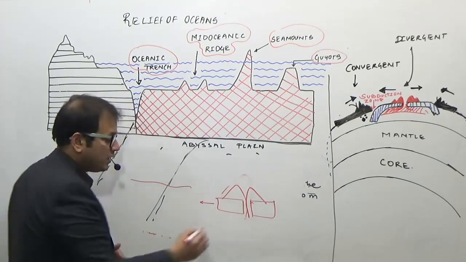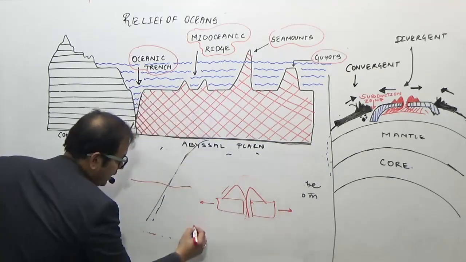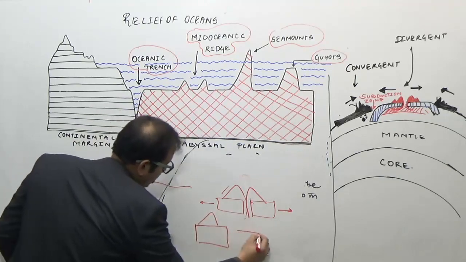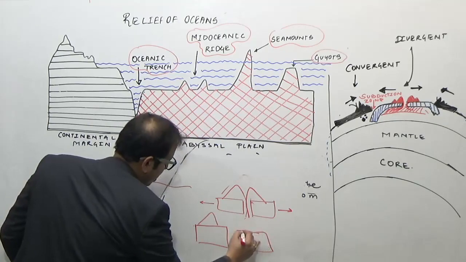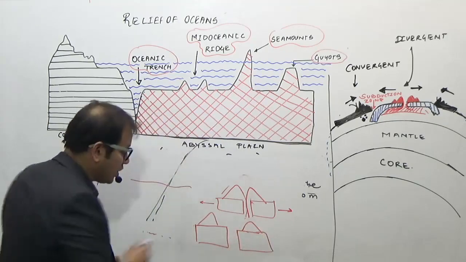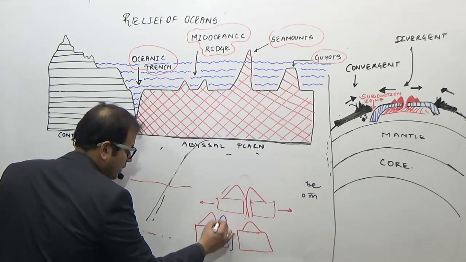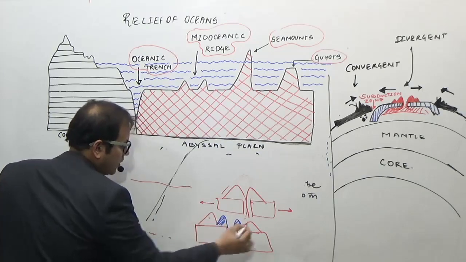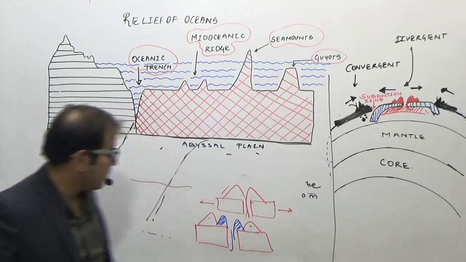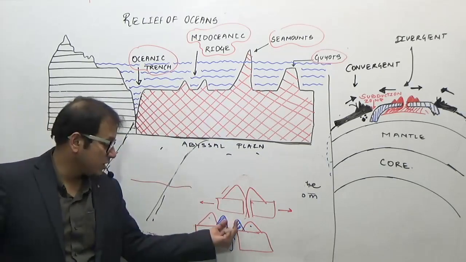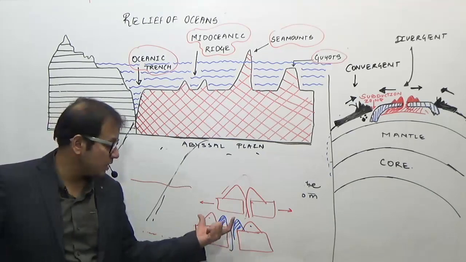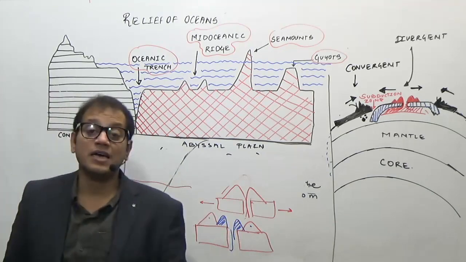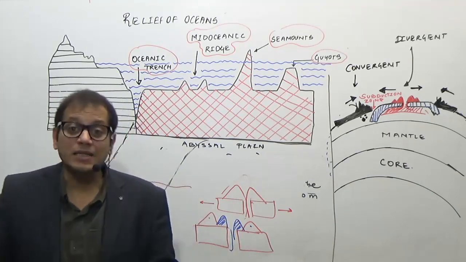Then this plate will move away, this plate will move away. So the older lava which was formed will be taken to the side and the newer lava will come out. So you will have new, old this time. Now how are these mountains? These are parallel to each other. These two belong to the same age, they are parallel to each other. These two belong to the same age, the red color, and therefore they are known as ridges.